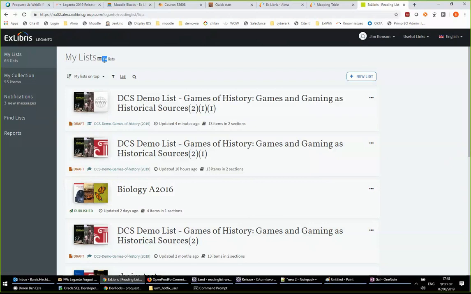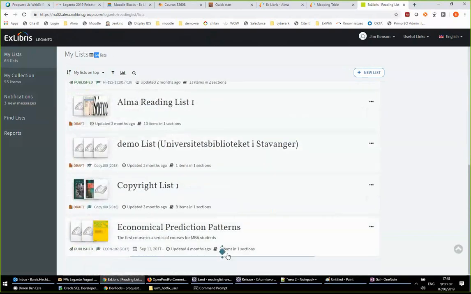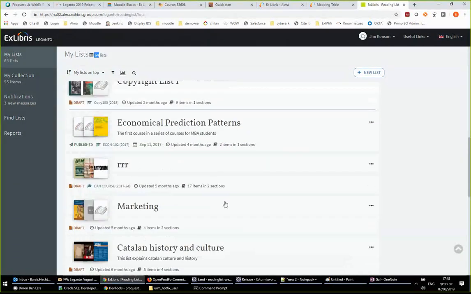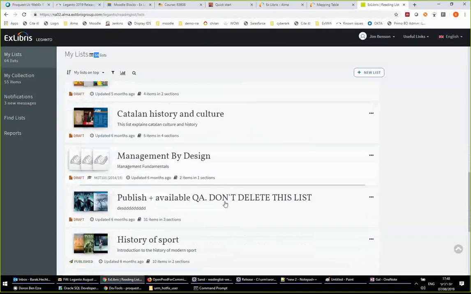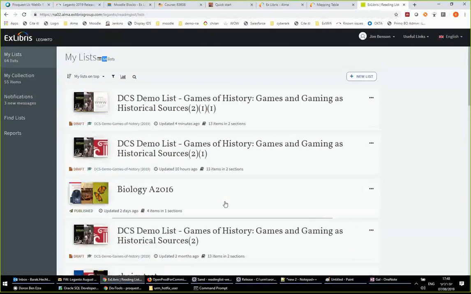It took a long time for the page to load, and you can notice now that if I scroll down, you see these diamonds, and I will get the rest of the list as I scroll down. So this is the first UX change that you will see. And the